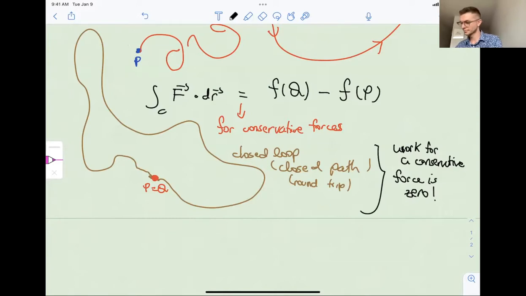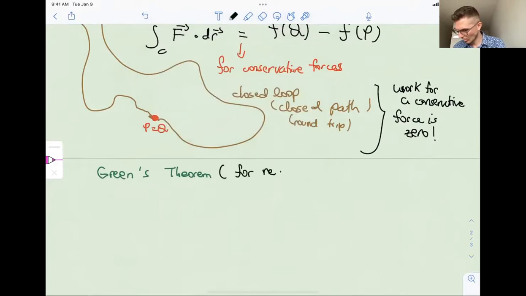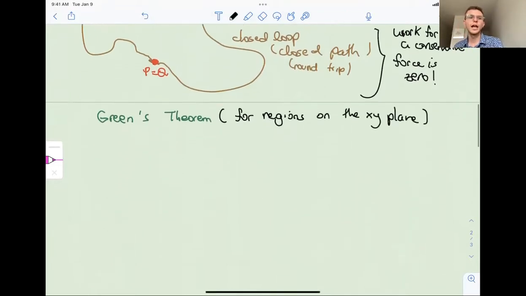So here's Green's theorem. We'll state it first for regions on the XY plane, although after the break we'll generalize this. Let me write it here. What Green's theorem says is that if C is a closed curve,